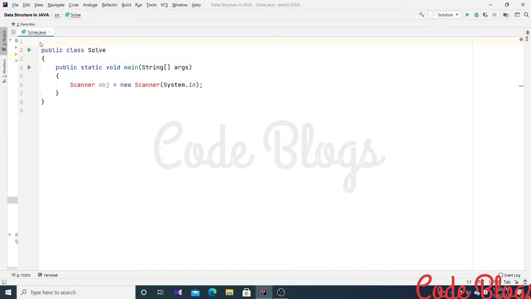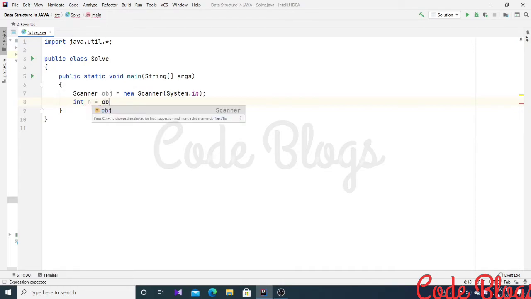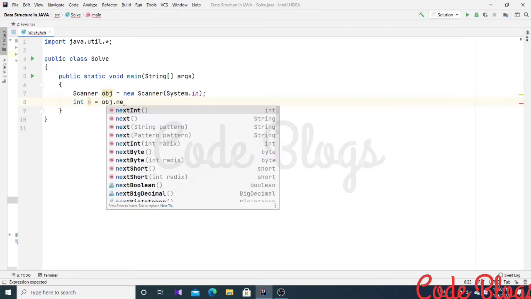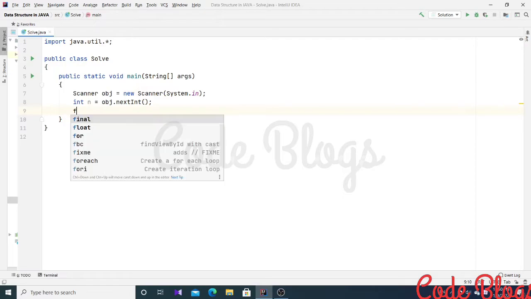I have to declare the package. Now it's fine. Now I am taking the array size using obj.nextInt and using a for loop.